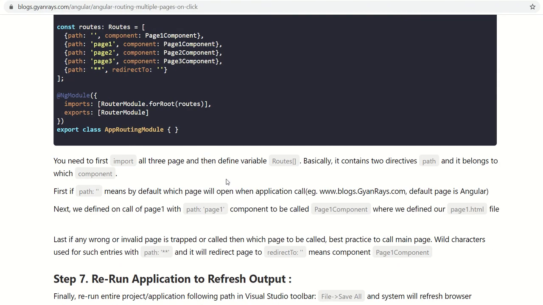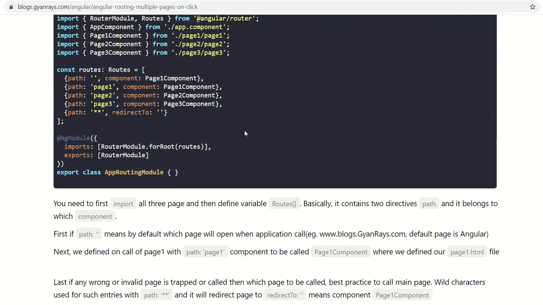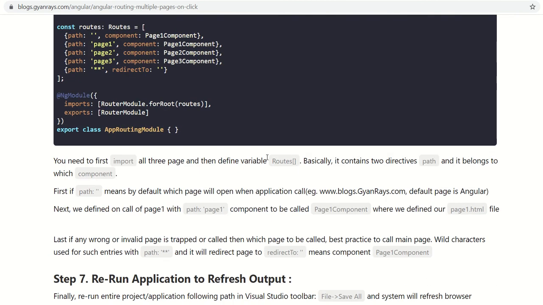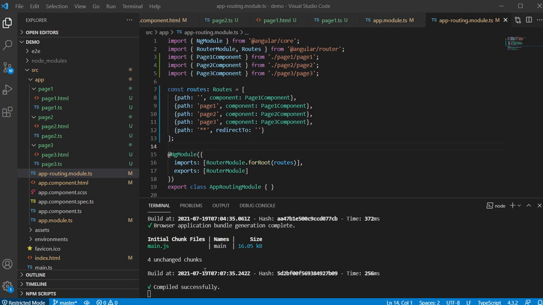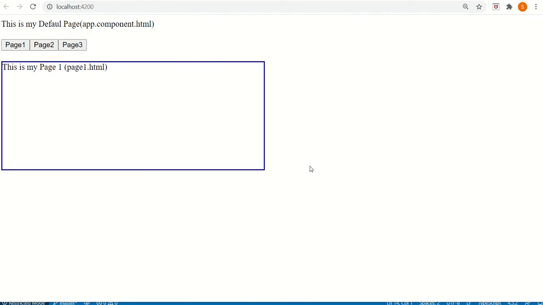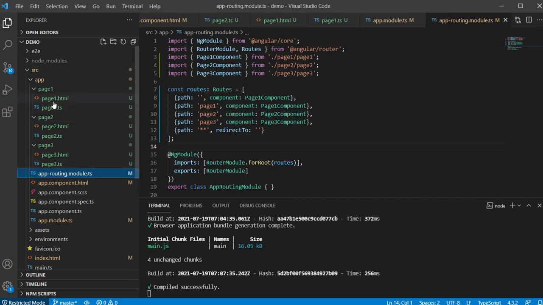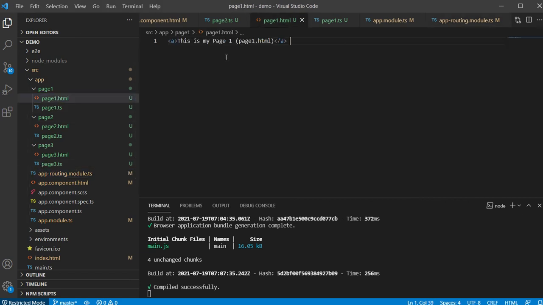Now we need to use that in our application. How will it work? Well, you just define it here in a constant variable and then activate, and you see how it works. Well, I activated my project and you see the output. Bingo! Here it works. It displays by default page 1 content which we have written. This is my page 1 and you see the page 1 content is this.